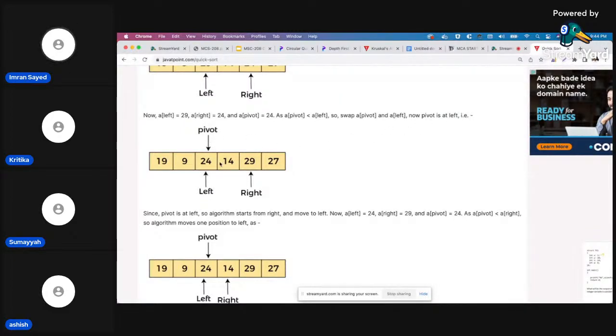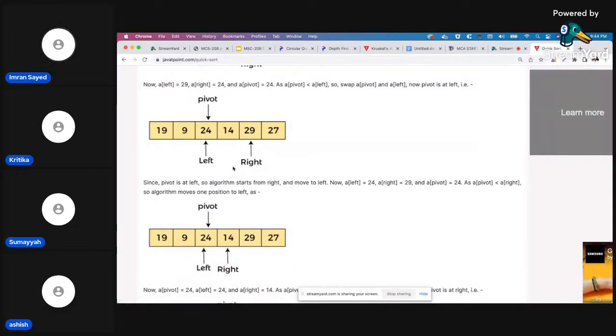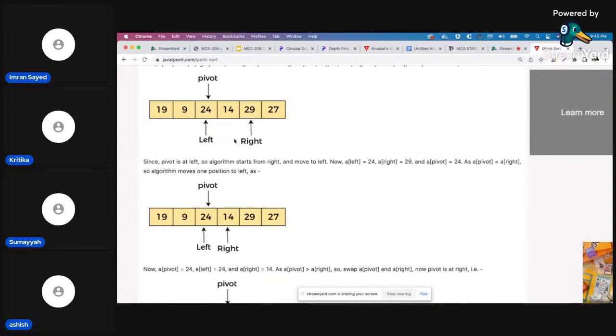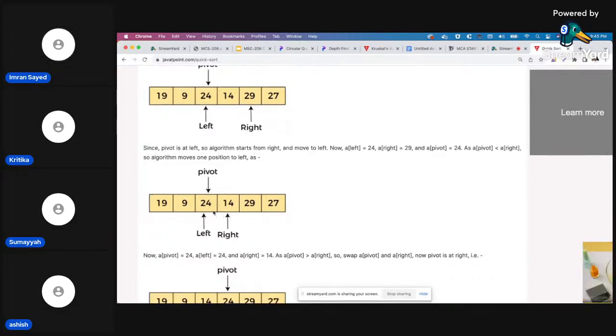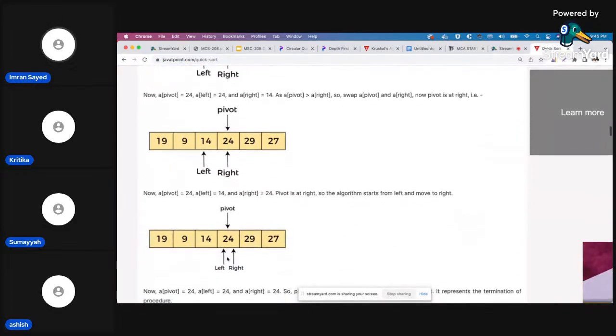Now the pivot is on the left side. Now comparison will again happen. So the pivot needs to be smaller, right? It is smaller already, so swap doesn't happen. So this shifts over here. Again, checking. This is not smaller, so swap will happen. So again, this whole thing just goes on and on